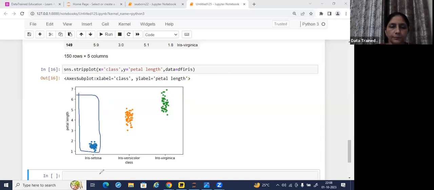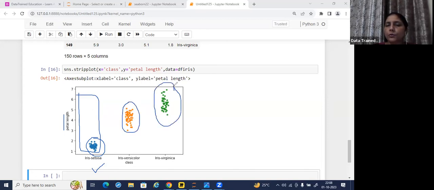Here it is saying that Iris setosa belongs to smaller petal length, means its petal length is small flower. Iris versicolor belongs to medium length, and Iris virginica belongs to wider length. What does it mean? It means that